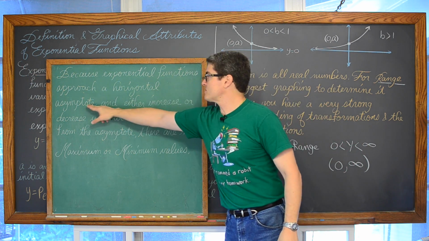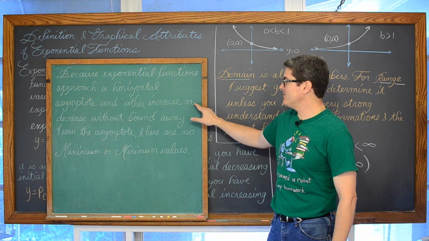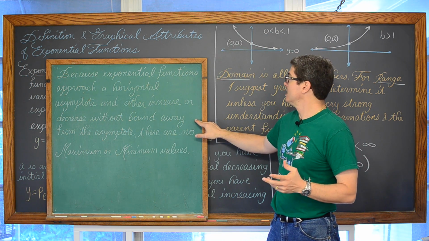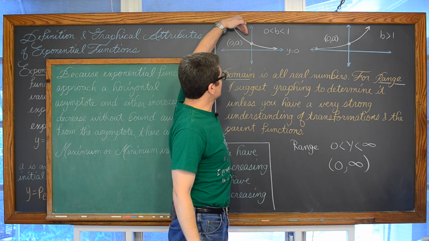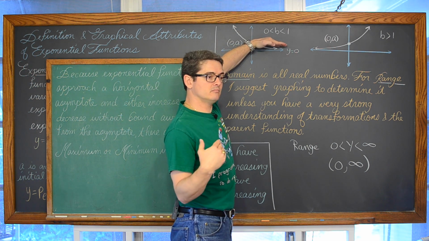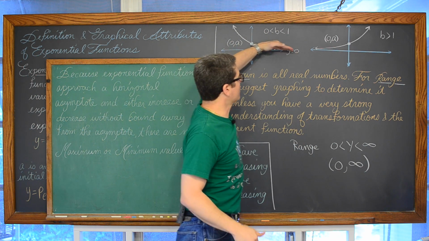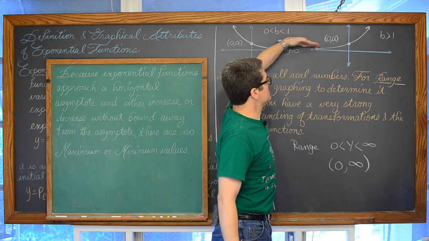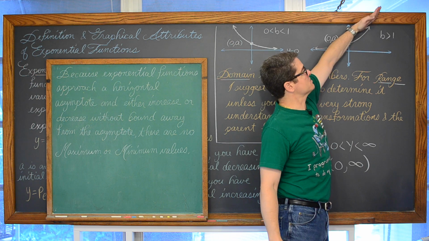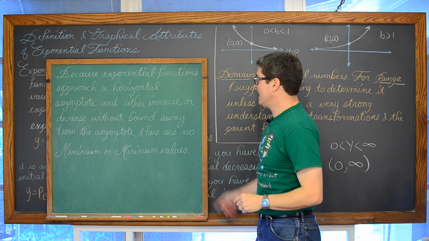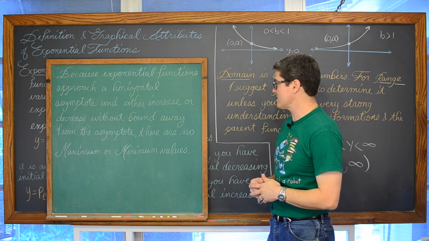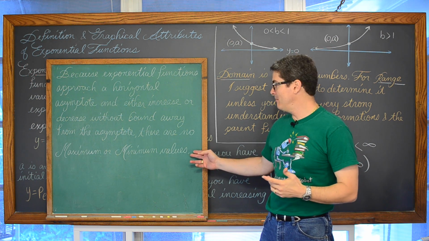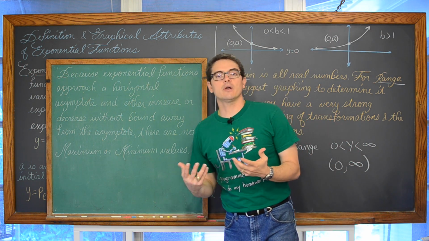So because they approach that horizontal asymptote and they either increase or decrease, so we are either coming from infinity and we're decreasing until we approach 0 forever, or we're letting x increase, or we're reading this left to right and the function starts to increase forever, without bound away from the horizontal asymptote, there are no maximum or minimum values for exponential growth and